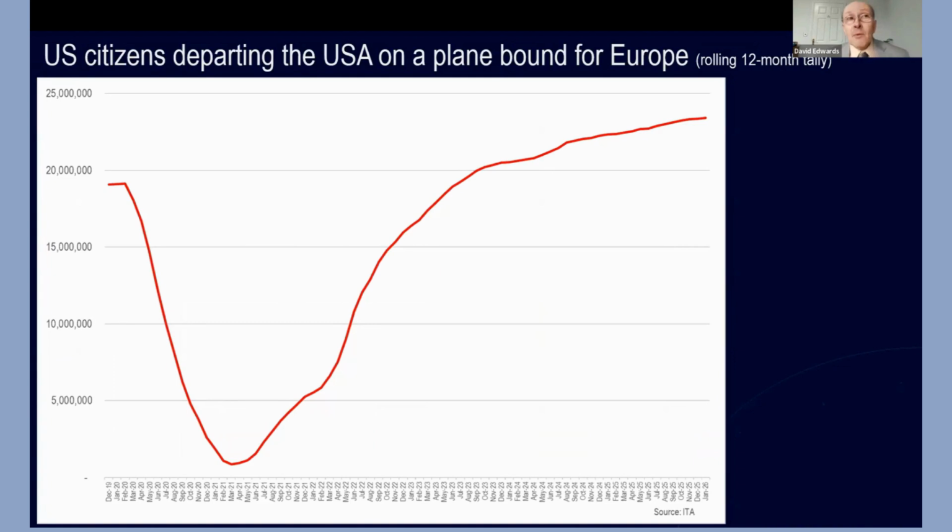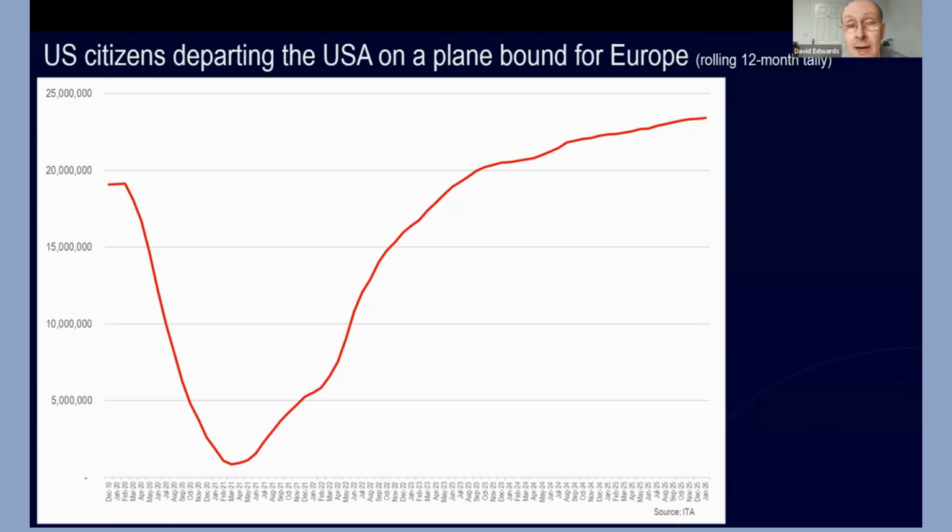And we can get from the US very contemporary data. So this is the number of US citizens who get on an airplane somewhere in the United States that is going to land somewhere in Europe. It's based on data from what are called I-92 records provided by the International Trade Administration in the US.